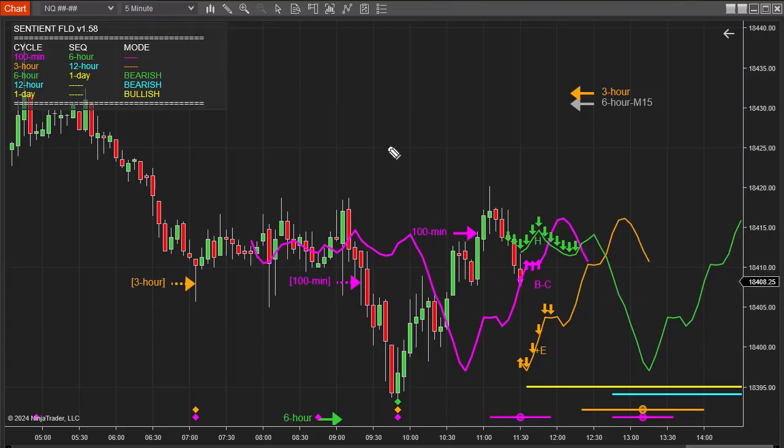We are interested in the way in which price is interacting with these three FLDs. We have the pink-colored cycle, which is called the signal cycle. The signal cycle is the most important cycle for each time frame. This is the cycle that gives us our signals. In other words, we make our trading decisions on the basis of the way in which price interacts with this signal cycle. A Hurst cycles analysis provides us with a complex puzzle of the way in which these cycles interact with one another. And so, although most of our attention is on the signal cycle, we are also interested in